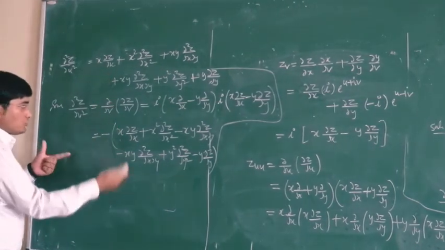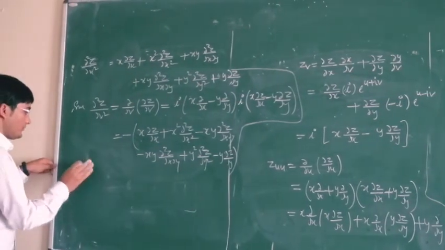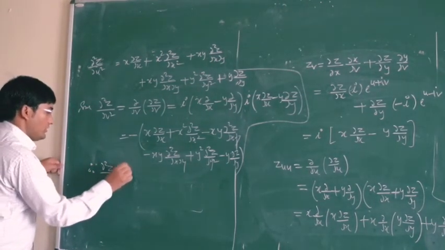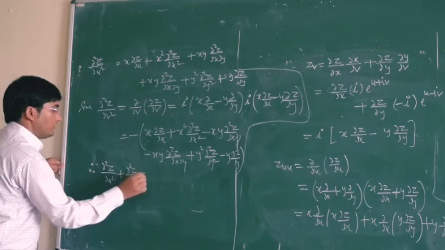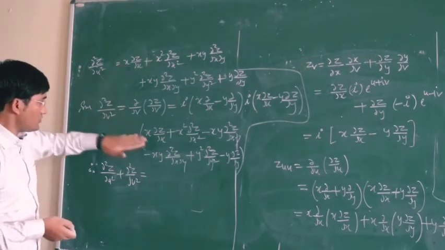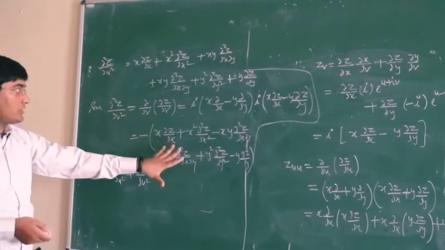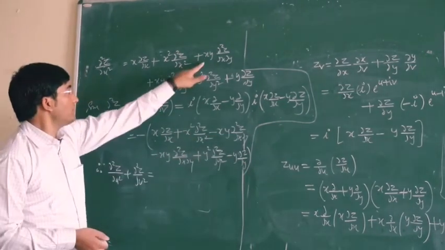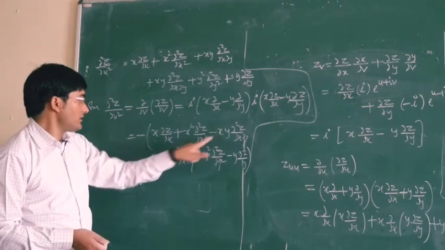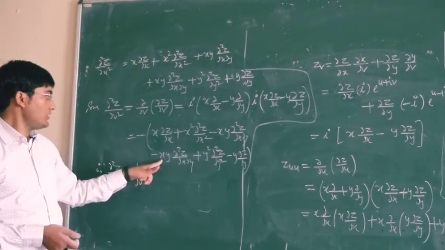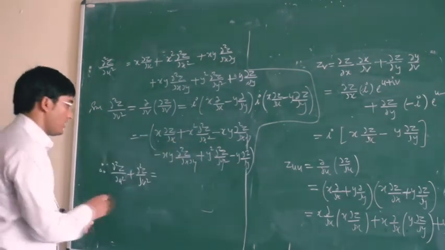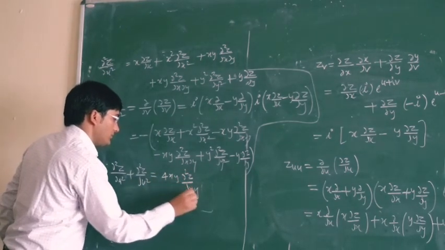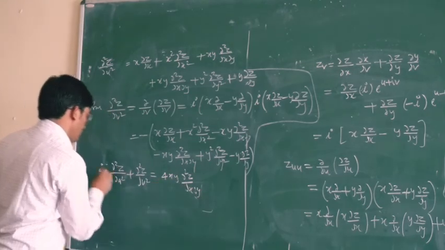Now if we add these two terms, therefore your del 2 z upon del u 2 plus del 2 z upon del v 2 is equal to, now if you add these two terms, then you can see that all the terms are cancelled except del 2 z upon del x del y. So here we have two times, and again this is your minus xy, that means minus 2xy. So this minus is plus, so we have 4xy del 2 z upon del x del y. This is your solution.